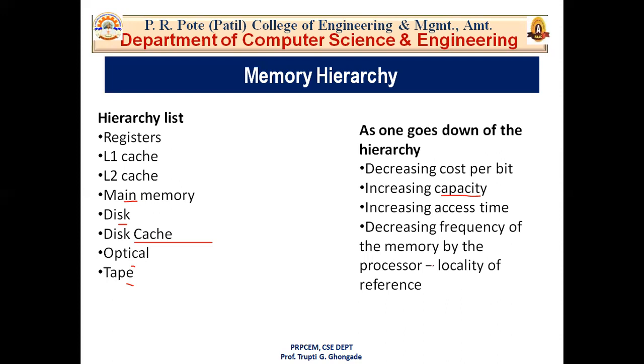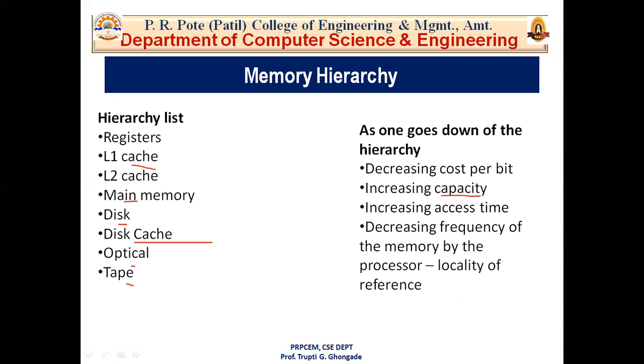Then the next element in the memory hierarchy is the cache memory. So what is cache memory? Cache memory can also be found in the processor. As I told you, cache memory always lies between the processor and the main memory, but it has been said that cache memory can also be found in the register. However, rarely it may be another integrated circuit, which is separated into two levels, that is level 1 cache and level 2 cache. So cache holds the chunks of data which are frequently used from main memory, and if the processor has a single core, then it will have 2 or more cache levels separately.